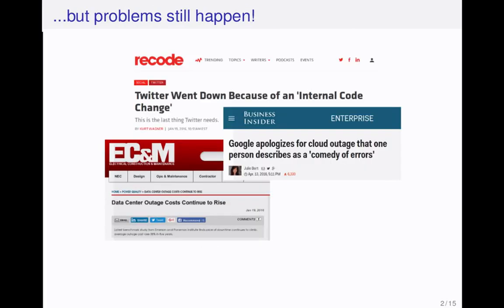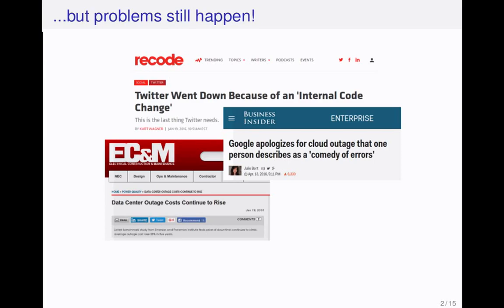So unfortunately, there are still problems even in this context of SDN. I have a couple of articles here from 2016. Twitter went down because of an internal code change. Google apologizes for a cloud outage. So beyond just annoying users in these various platforms, these types of problems can cause huge impact for these companies.